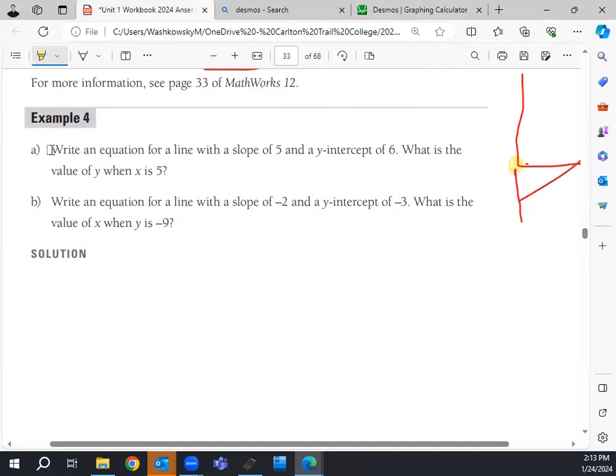So we're going to write an equation for a line. It has a slope of 5 and a y-intercept of 6. So this is asking you two things. First off, this is asking you to write an equation, and then it also wants us to use it. What is the value of y when x is 5? It's a really important skill, reading what the question's asking. This is asking you to do two things. So we're going to do those two things. So question A,